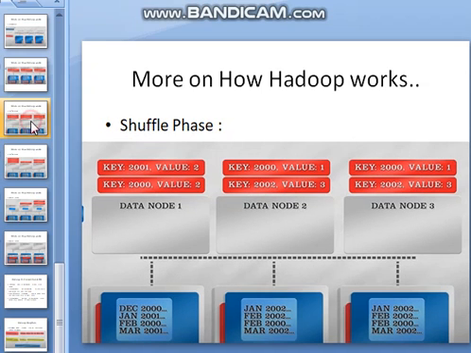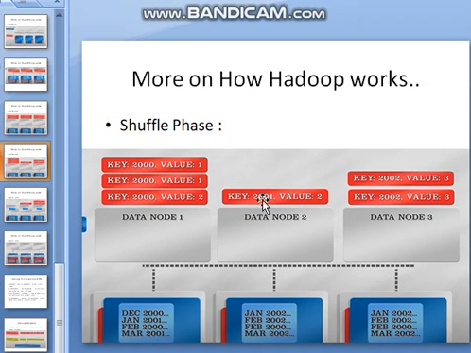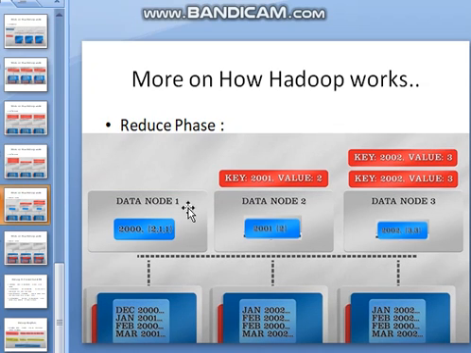As you can see, we only have 2001, that is value 2, only in data node 1, and that is sorted and kept in data node 2, and like that. Now all the values are summed up, and they are stored in this manner, as you can see in the picture as it's shown. And then